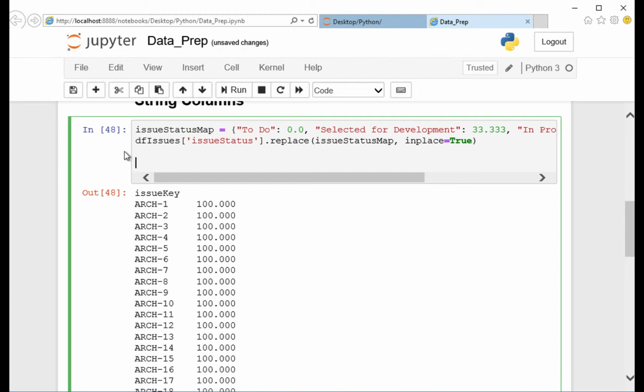Now we have some other strings that just aren't continuous. They are things like names of issue creators or issue reporters, things like that. And for those guys, we get to talk about one-hot encoding. And the way it works is this. Each person in each one of those roles represents a distinct state. That person is either the issue creator in this observation, or this row, or they are not the issue creator